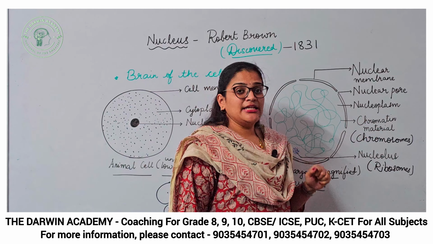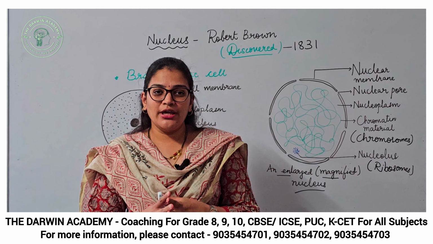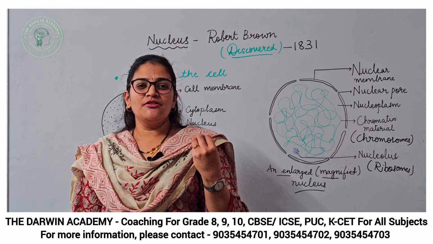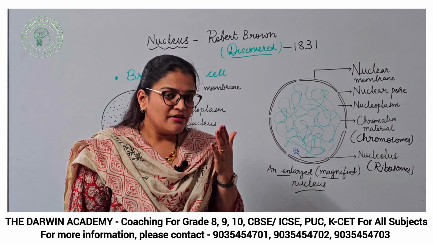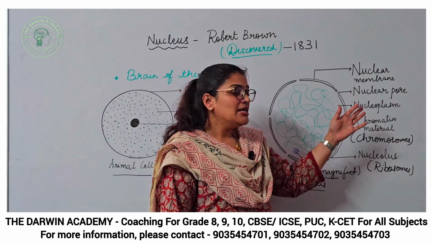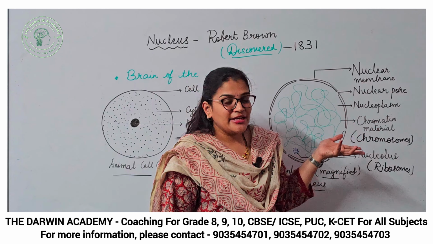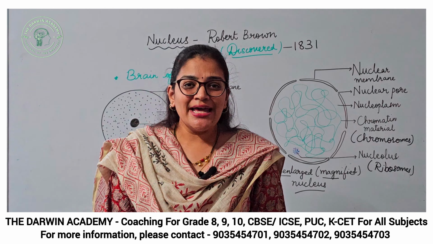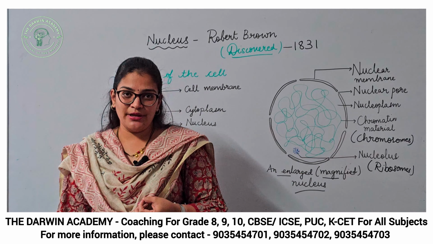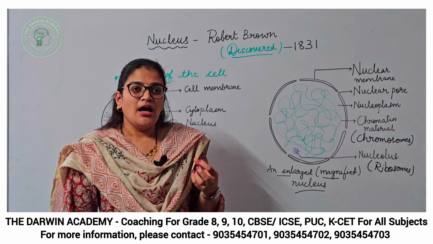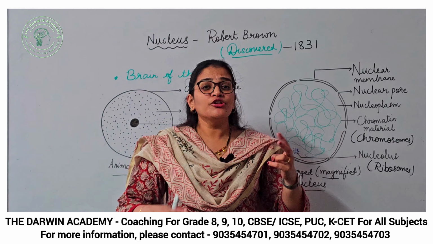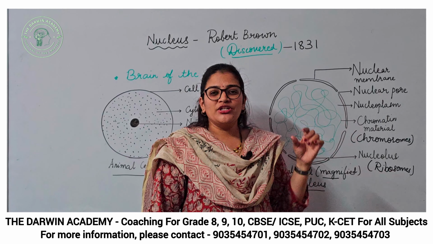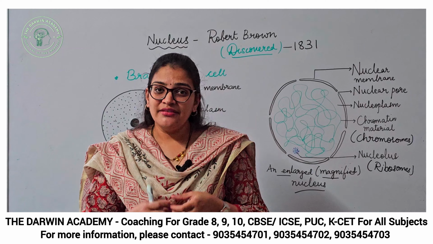The chromatin material is actually the genetic material. Okay? This carries the information that the parent would be giving to their child. That is a simplified way of saying that it is the genetic material. So, the chromatin material is a genetic material which carries information from parents to offspring. Alright? For example, I would have inherited a few characters from both my parents. How did I get it? It is because of the chromatin material which has specific regions called genes that I would have inherited